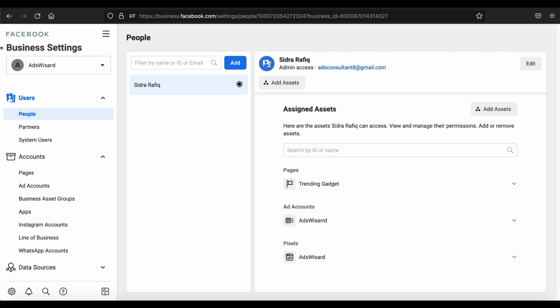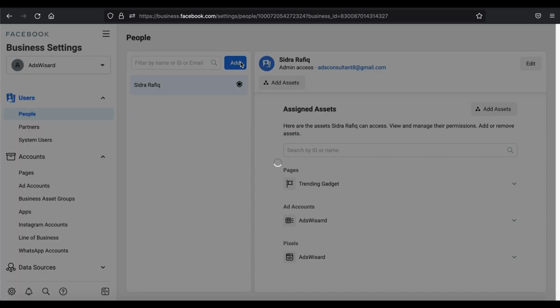So first of all, we need to again come to the business settings option, and here are the different options under the user, like people or partner. In this video I am going to discuss how we can add other people in the people section. So just click on this people section, and here you will see this add option. So you need to click on this add option,